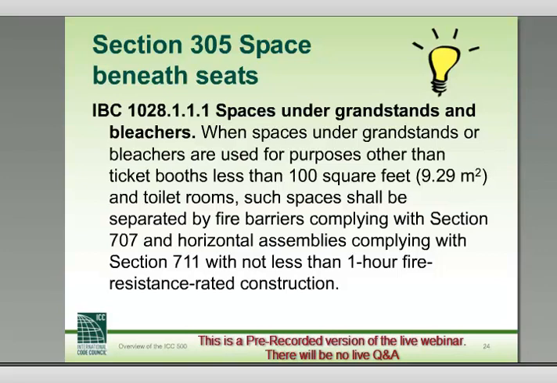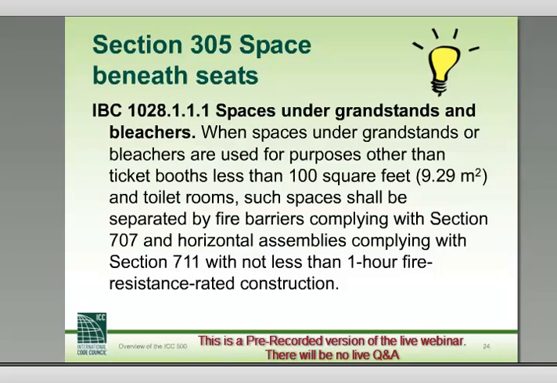Section 305, the reason I wanted to bring this out specifically is because it's dealing with specific parts underneath the floor system. I'm going to open my book there, make sure I get this part right. Basically, 305 says spaces beneath or adjacent to the seating structure shall comply with the building code and the fire code. The reason I needed to check that out here is because there was a new addition to the 2012 building code under IBC section 1028.1.1.1